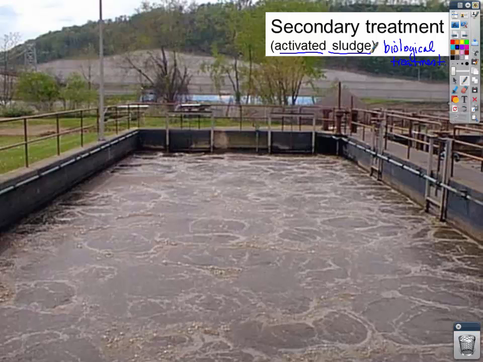The way it's done, what we're trying to do is clean the bacteria, the viruses, the pathogens out of the water. The way it's done is we take some of that sludge from primary treatment, that stuff that needs to go to a landfill, the stuff that's settled out. We take some of that sludge and we attach good bacteria onto it. All right, and that's what's called activated sludge. We're going to try and activate biological treatment by putting it onto sludge and adding it back into the water. All right, that's going to make the water dirty again, yes,